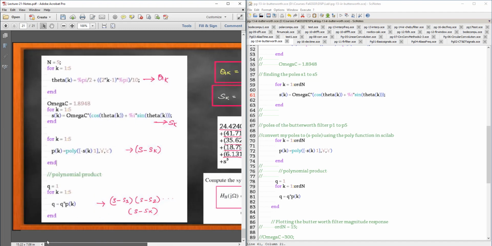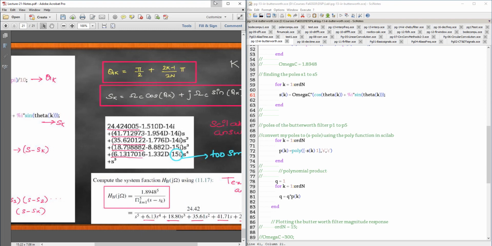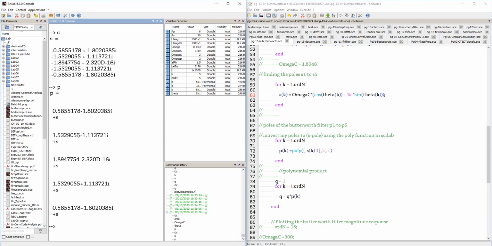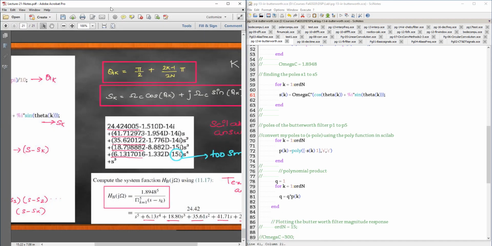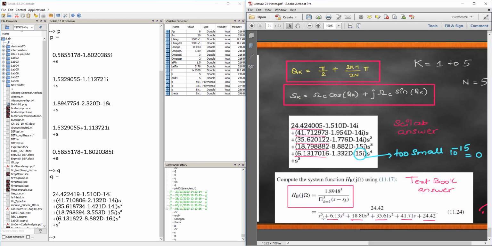Let me see whether I have that answer written now. The poles I have not written, but I'm pretty sure it is given in the textbook. So this is what I've shown here. Okay, so now the P is the S, so it is making into S, and finally my Q is the